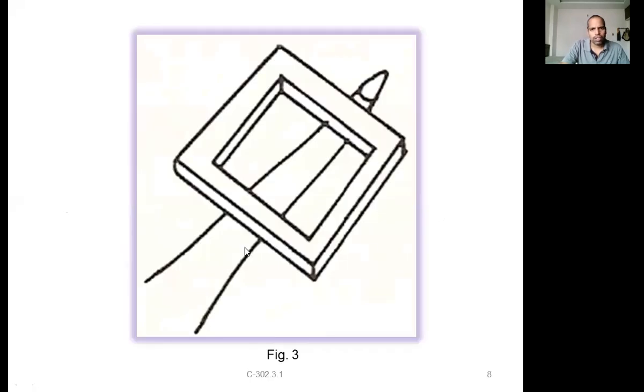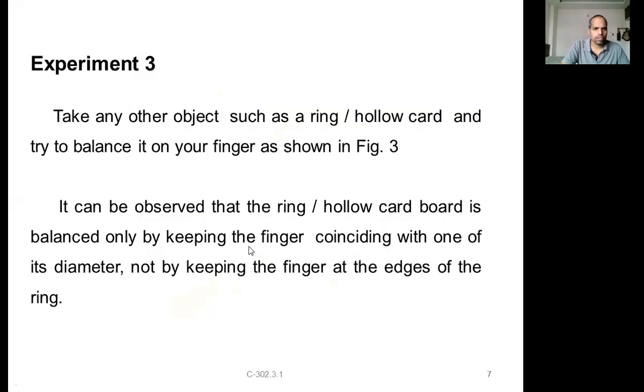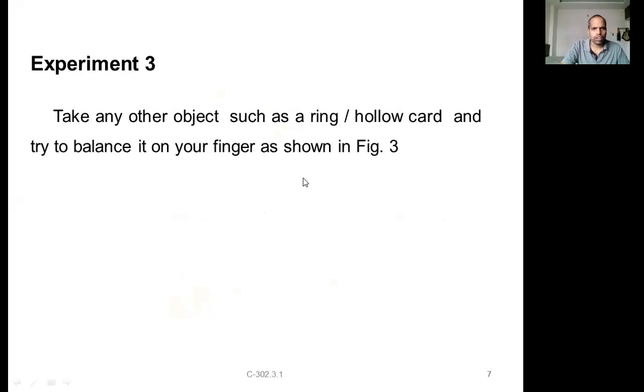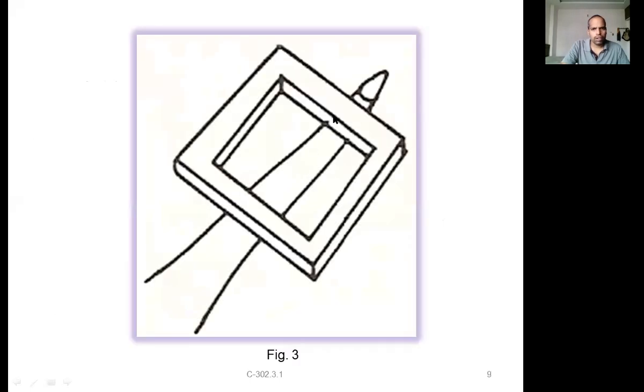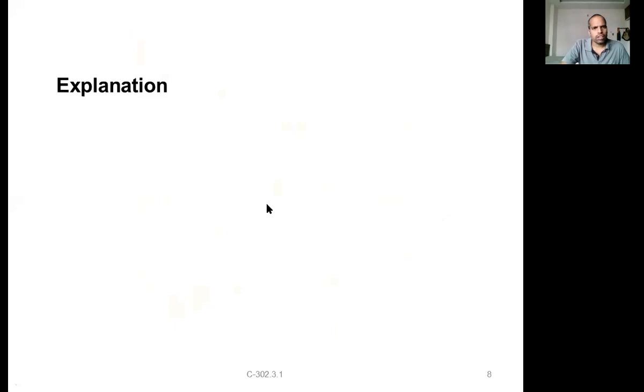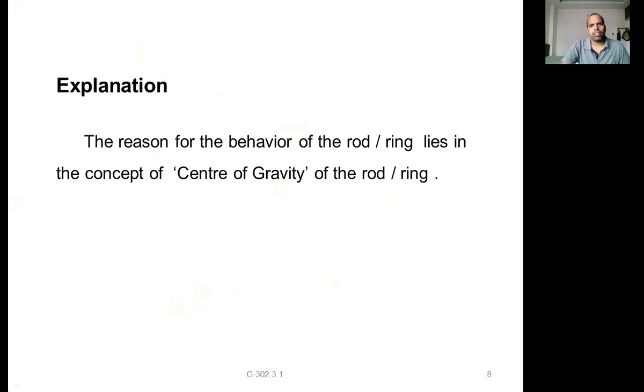Okay. So if you see this one, it is nothing but a hollow ring. Of course, this is in a square shape, it's not in a circular shape. We are discussing the diameter, but it is a square shape, right? So if you keep it at this point only, this will get balanced, right? So that is nothing but a thought. But what is the reason?